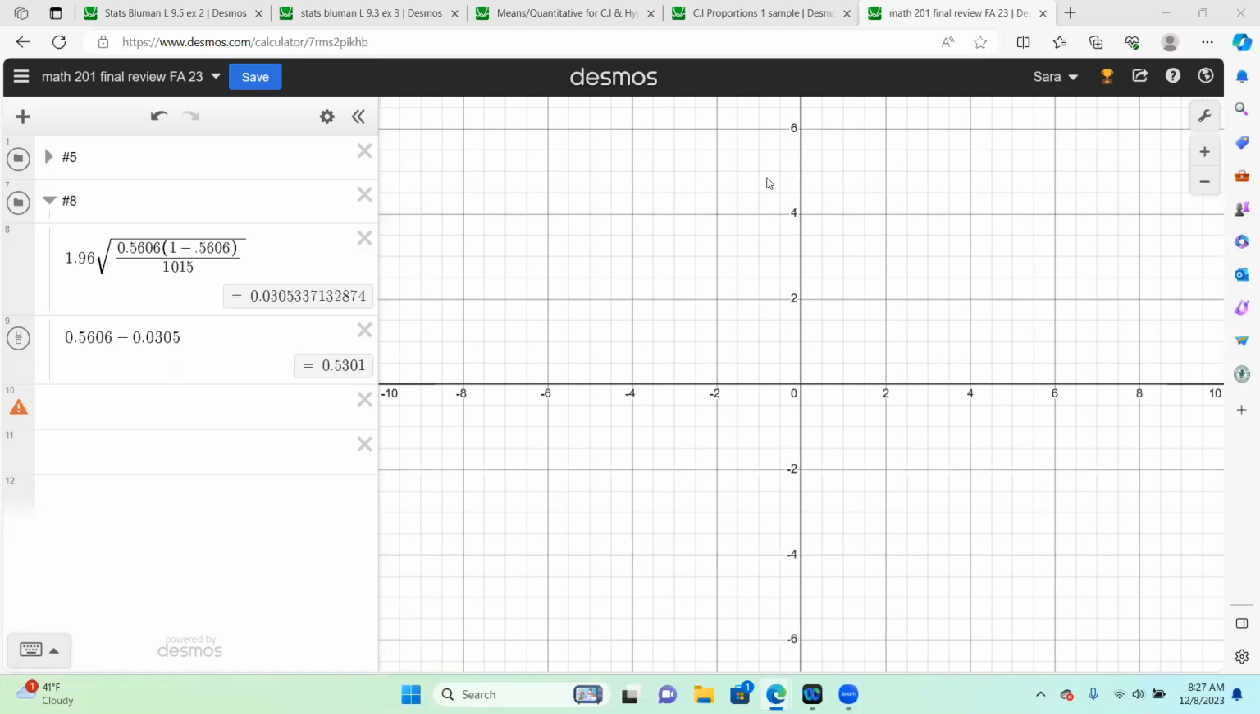Now I want to show you, if you do it by hand in Desmos, you're going to get the lower bound at 0.5301, which is what the answer key says. So don't be alarmed if it's off by a few decimals from the answer key if you use the program in Desmos. Now, letter B says,